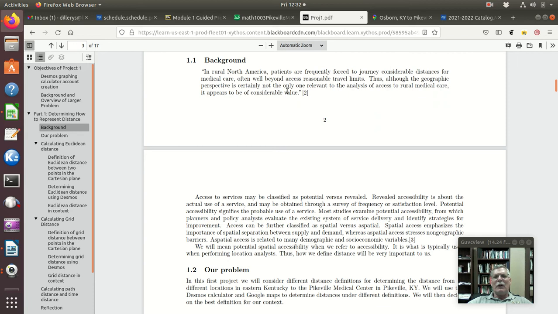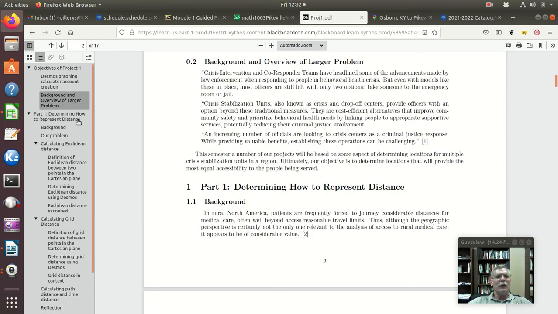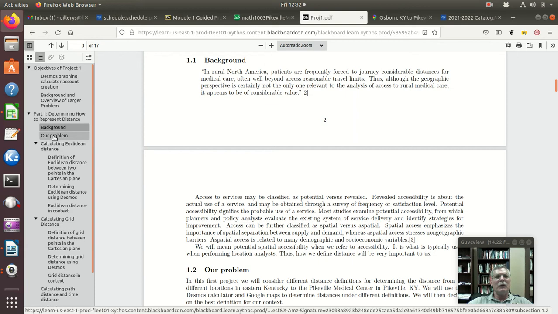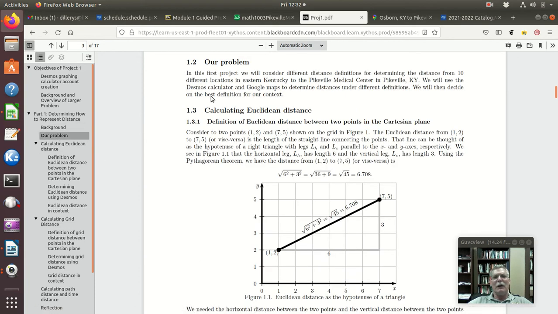Certainly you can take things from this background on the accessibility and the distance. If you want, you can even talk about the larger view, but it's fine to go with these types of things, and then our problem, we're gonna do this, and you may do this almost word for word.